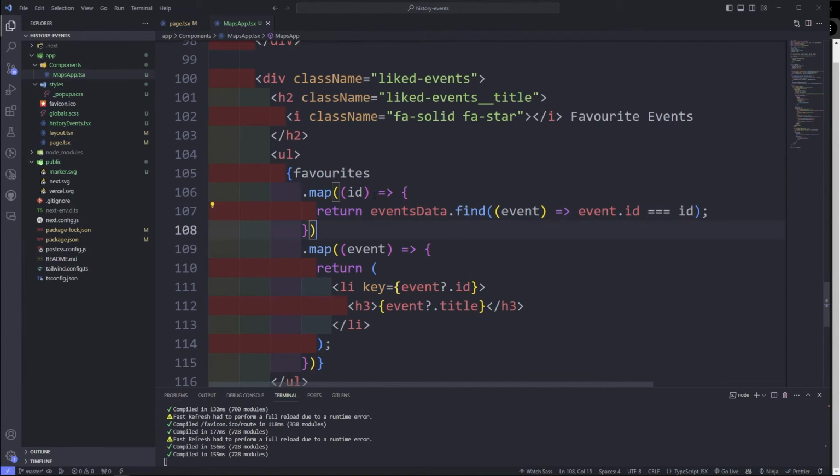If the event.id here in the events data matches this ID here, we return those items. We're returning a new array here, and then we're mapping that array and displaying it as a list. Now we just need to style